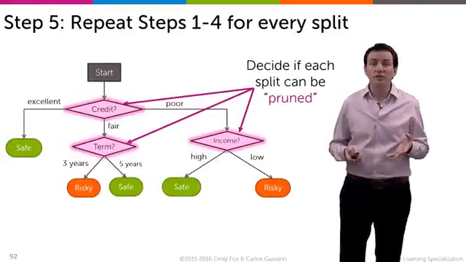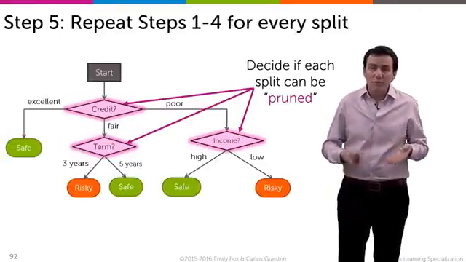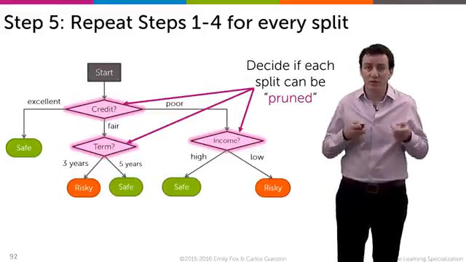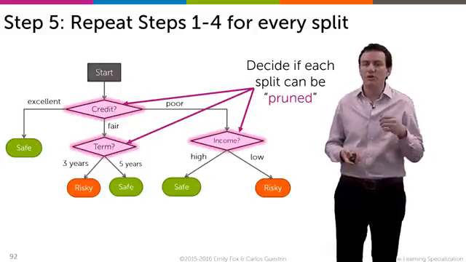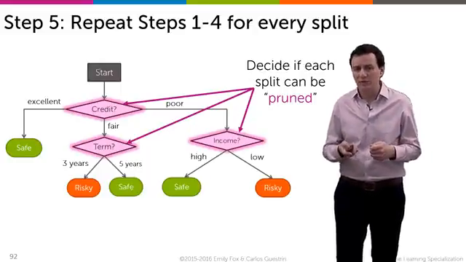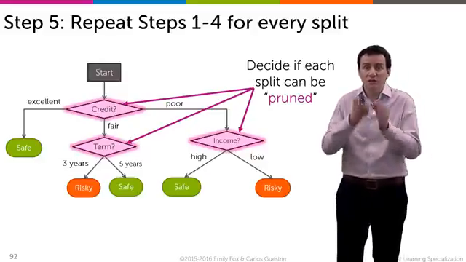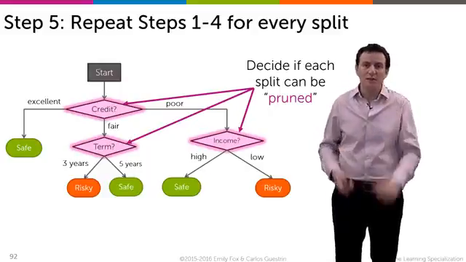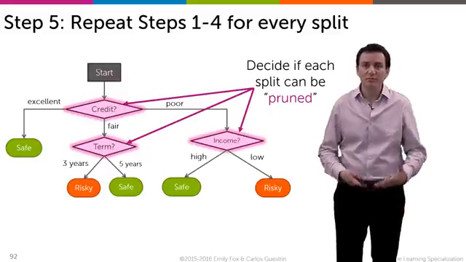We're not just going to do the pruning procedure for the very bottom of the tree. We're going to keep going up the tree and revisit every decision that we've introduced to the tree, and say, is it worth pruning this? Is it worth pruning that? So, is it worth pruning income after credit? Is it worth pruning term after credit? Is it worth pruning credit itself and just have the root node? So we're going to check all those and then find the best tree after this pruning procedure